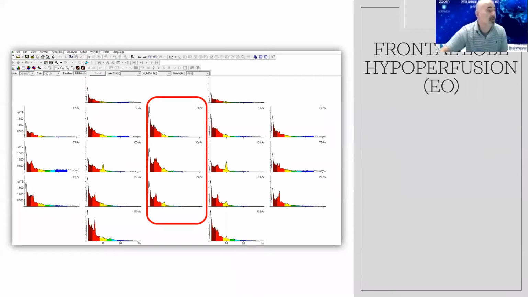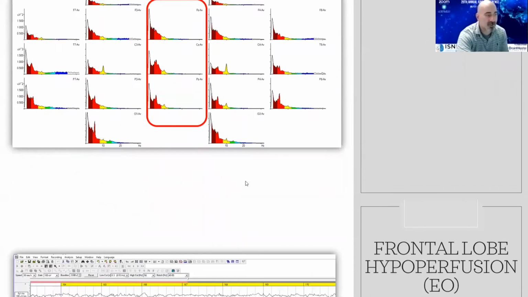So, frontal lobe hypoperfusion. This is what this looks like in the WIN-EEG spectral analysis. This is a different file than we looked at before, but quite similar. And you can see here that there's excess theta at the midline. You can see it frontally. There's even slower activity in the delta range. There's mu left and right. Pretty common feature for ADHD. We'll talk about that a little bit more in just a bit.